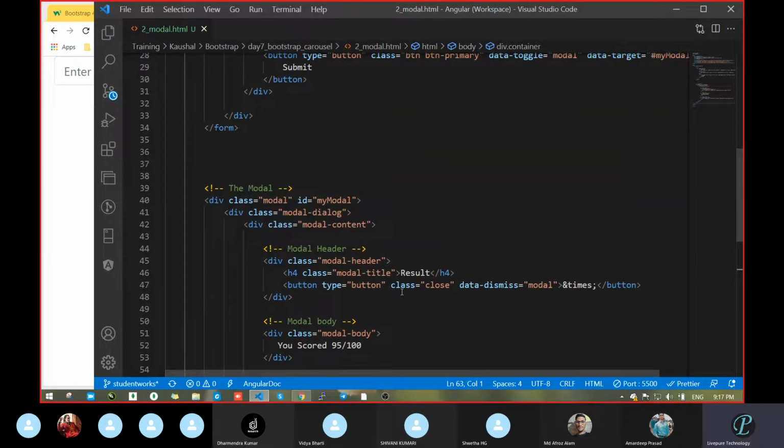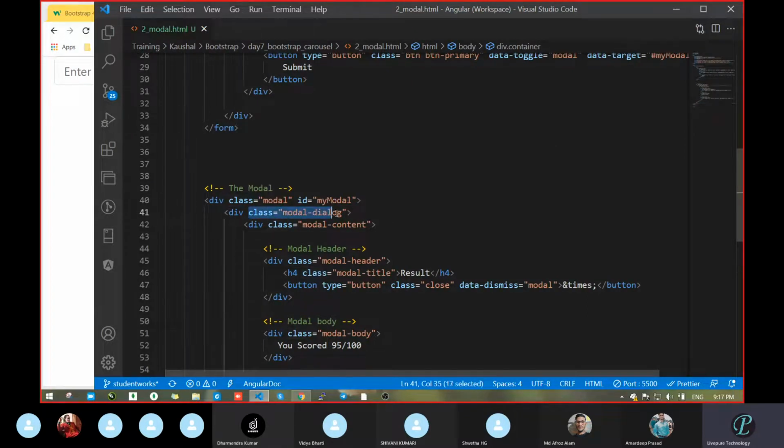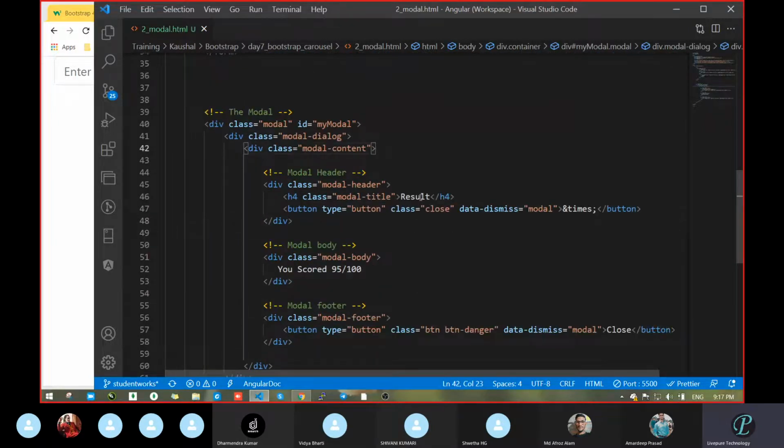Okay. Next, now the icon of the cross button. So let's go one by one. Wait 1 second. The class we had taken here is modal-dialog. That's fine. Then this is modal-content. Then we took something like a header. Then see here, we had taken modal-title. Already we had written it inside H4.